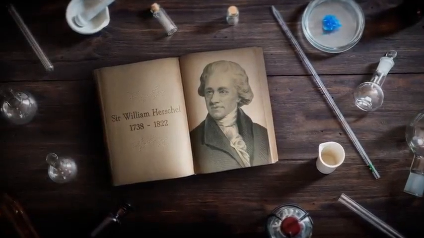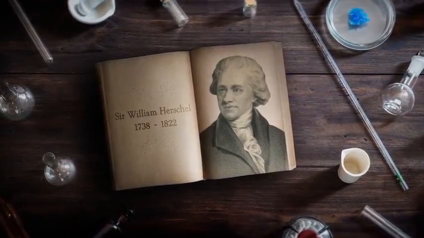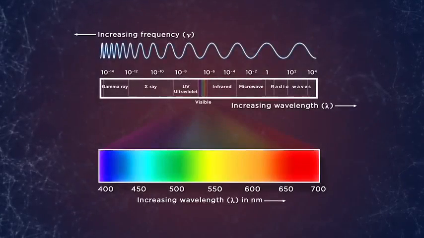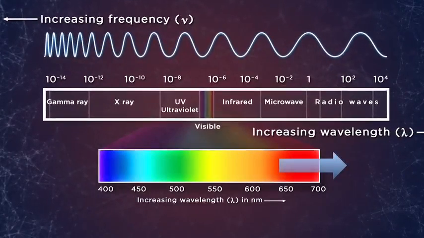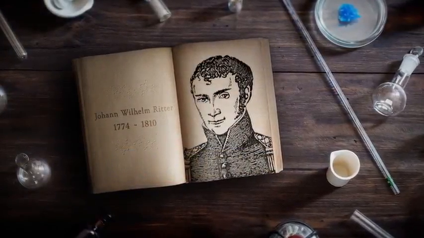You see, in 1800, an English researcher named Sir William Herschel discovered that prisms separate not only visible light, but an invisible form of light that falls beyond the red end of the spectrum. He named this infrared light because of its location beyond the red. Just a year later, in 1801,